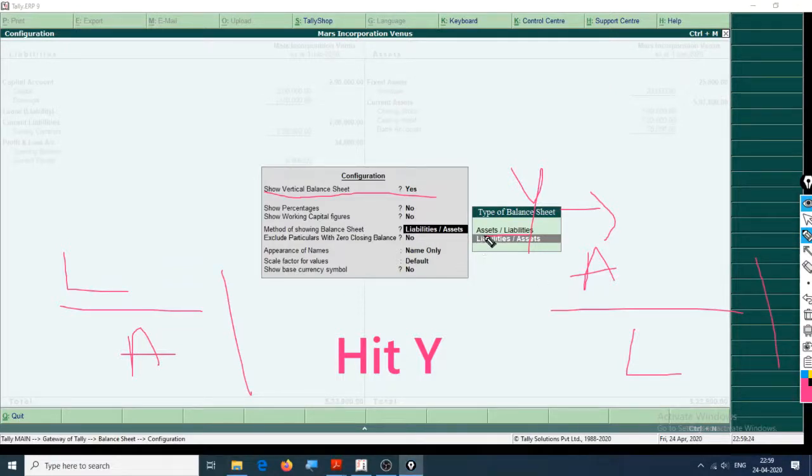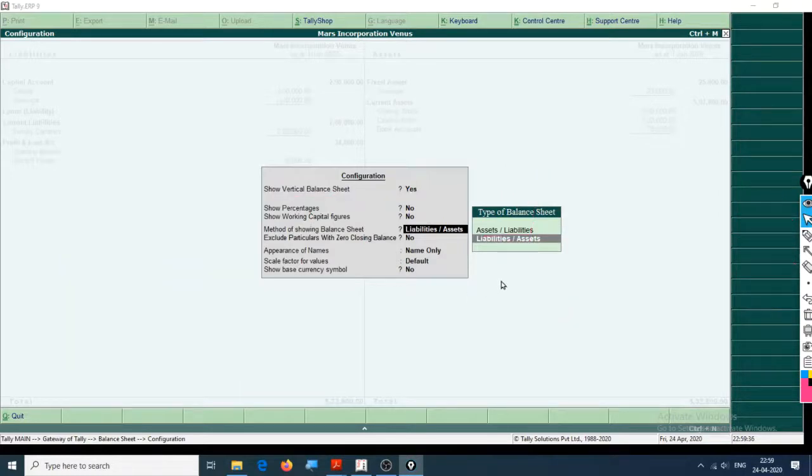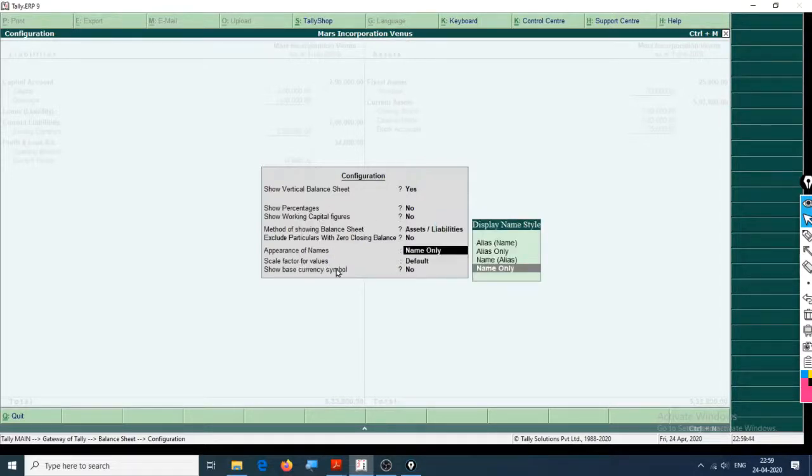As we have chosen an American company, it should be asset upon liability. So let's choose asset to liability first. Enter, exclude. Show percentage, no. Rest all. Choose base currency symbol.